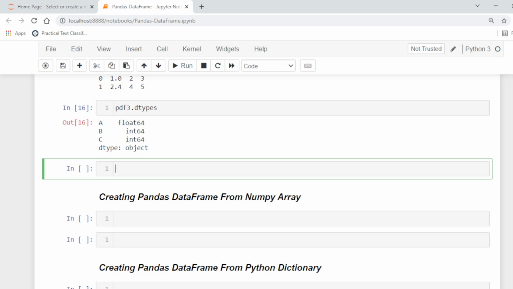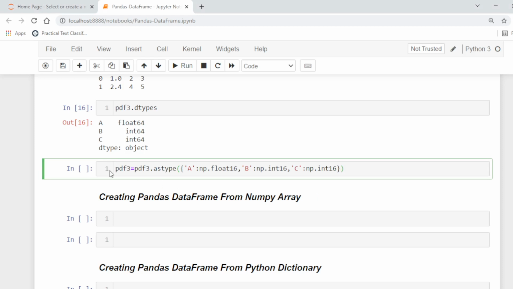For example, let's say here we have a data type. So astype can be used, for example, this.